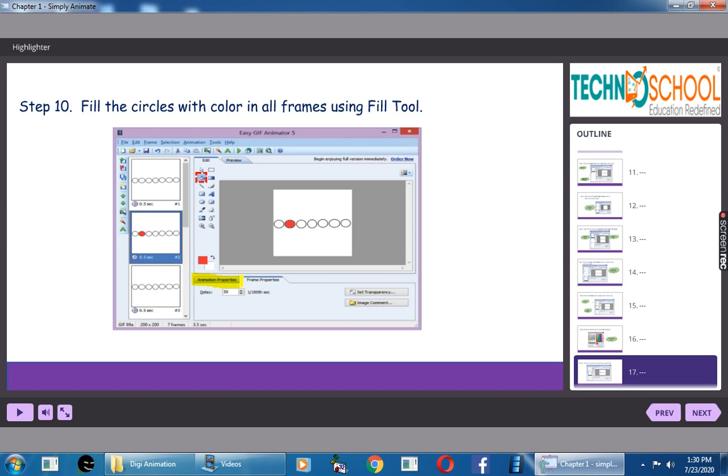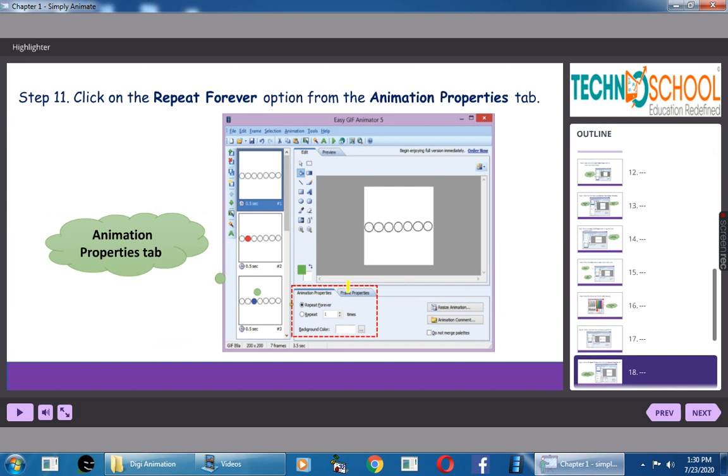This will help us to set animation. See, now my circle is filled with red color. Now I have to give animation. This red color has to blink often. How to do that?